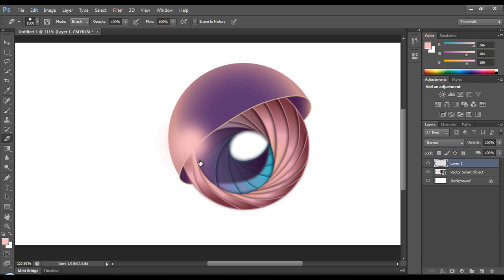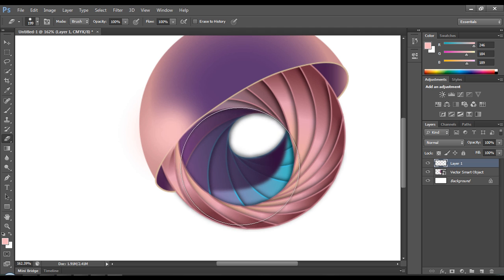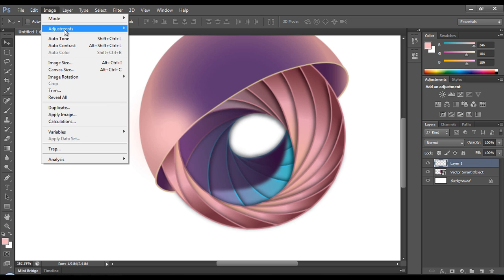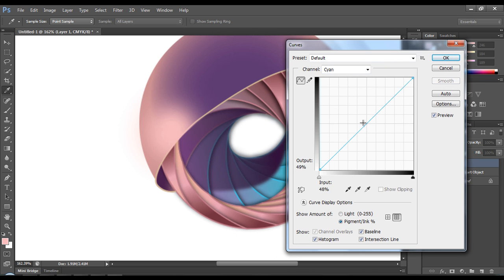So let's zoom in and delete the extra unwanted glossiness which is coming out from that. And now selecting that layer, go to Image, Adjustments, Curves, and play around with the color.